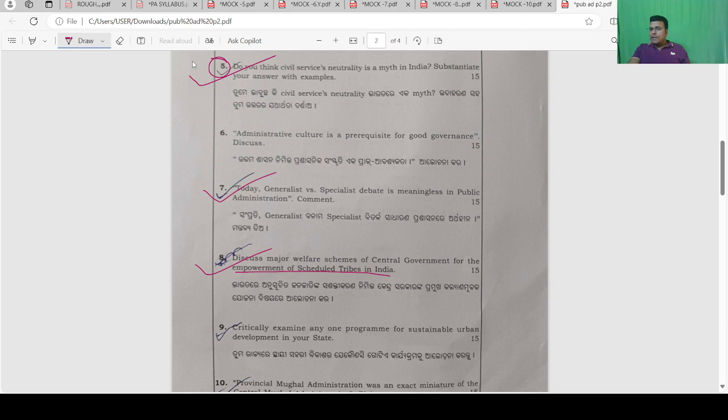And why is neutrality in India a myth? Because in India, civil service participate in policy formulation, secretariat, law making, delegated legislation, advisor to the political executive, leadership role, and the control of civil service by political executive. Political executive completely controls civil servant. And another important thing, that now what we find in India,